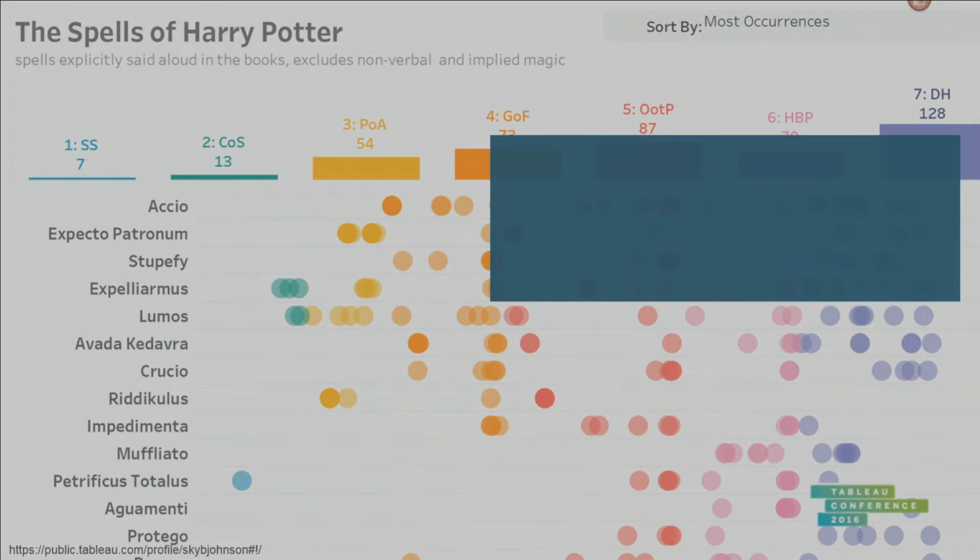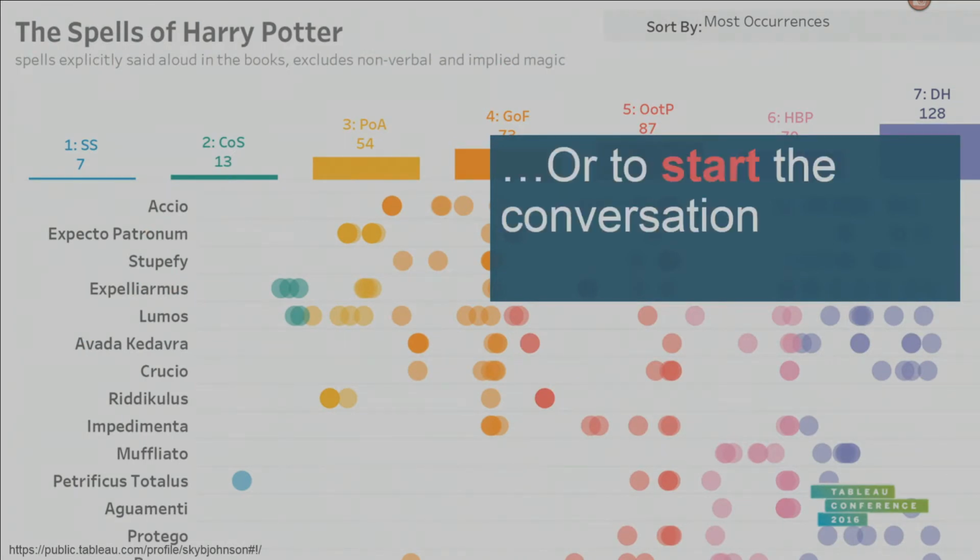This is another way you can use Tableau Public. Some of you guys might have seen this one. It got a little bit famous a few weeks ago. This is by one of our Iron Viz finalists from last year, Skylar Johnson. And he loves pop culture. And so he's a mad Harry Potter fan. So he used Tableau Public, instead of, like Chris, to join a conversation, he used it to start his own conversation.